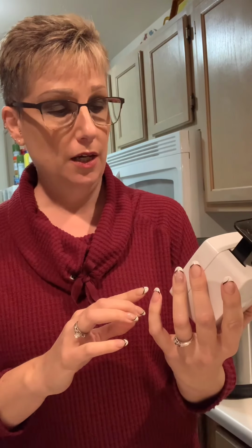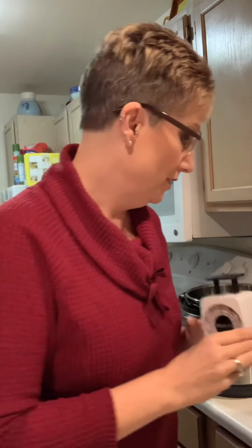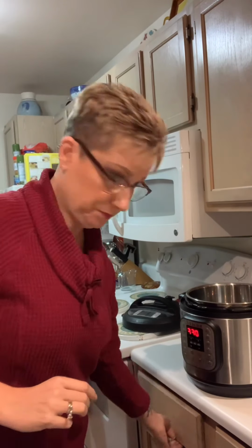So we are making chicken zoodle soup. Now the recipe that I got was done in weird measurements, so I have already refigured them out. It's a good thing if you have a chance to go to Walmart or Amazon and get just the generic, you just put your plate on and you can weigh it. That's what I did to get you guys more accurate measurements today. So the first thing that we are going to do in the Instant Pot